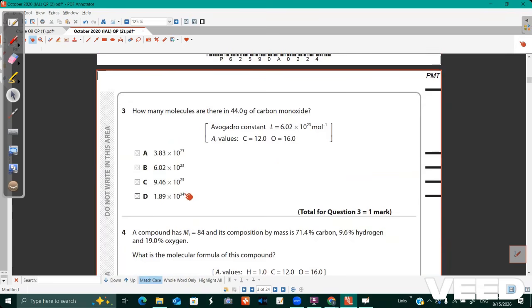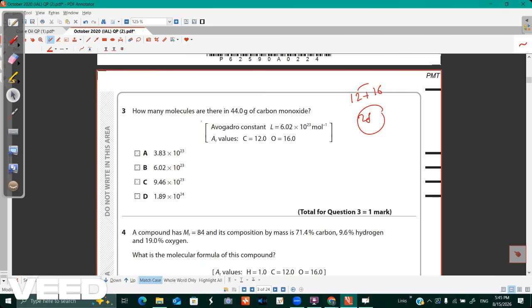How many molecules are in 44 grams of carbon monoxide? If you look at carbon monoxide, carbon is 12, oxygen is 16. So it is 12 plus 16, 28. How many molecules are there? 44 grams divided by 28, you can find the number of moles. Number of moles multiplied by Avogadro's constant, you get the number of molecules, right? So roughly, it must be